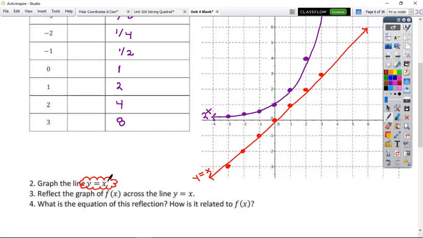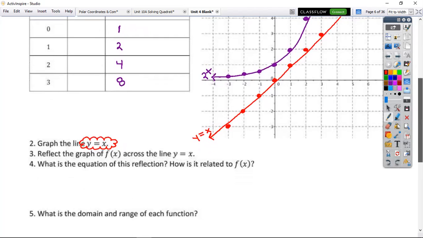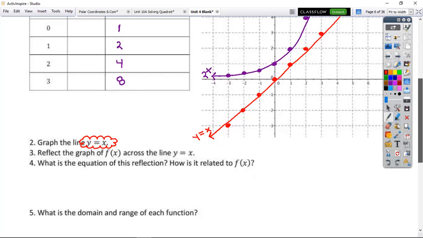All right, and then next. It says to reflect the graph across the line y equals x. So when you reflect over y equals x, that means nothing more than switch x and y. So that's what I'm going to do. So I am going to switch my x and y from the table. So I will read these off to you so you don't have to copy them down again. All right, so if I switch these,